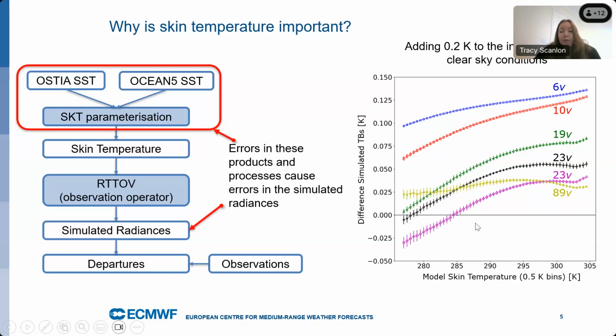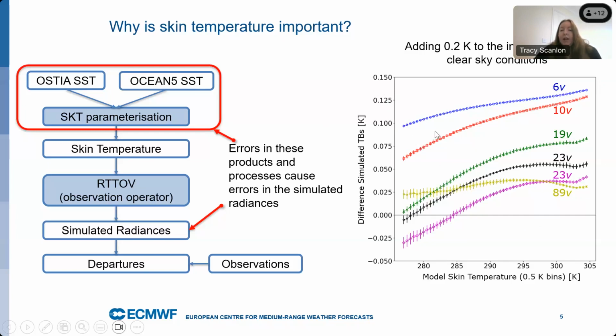So there are a few things to note from this diagram. Firstly, everything has a dependence on the model skin temperature. Everything's changing across that range. Secondly, and quite expectedly, we have a larger dependence of the surface sensitive channels, so here this is 6 gigahertz and 10 gigahertz, on the input skin temperature. And thirdly, these are not insignificant changes. So this for 6 gigahertz goes up to about 0.14-ish change in the simulated